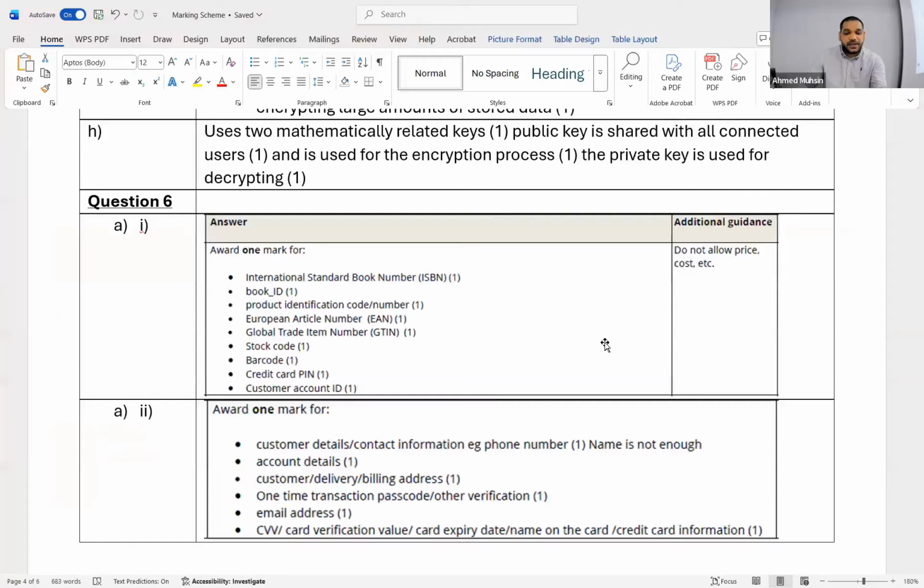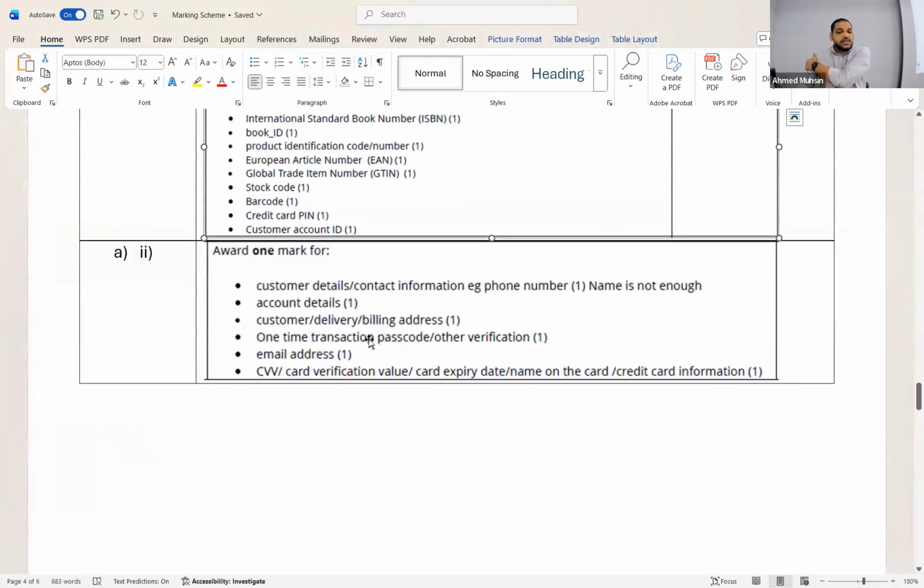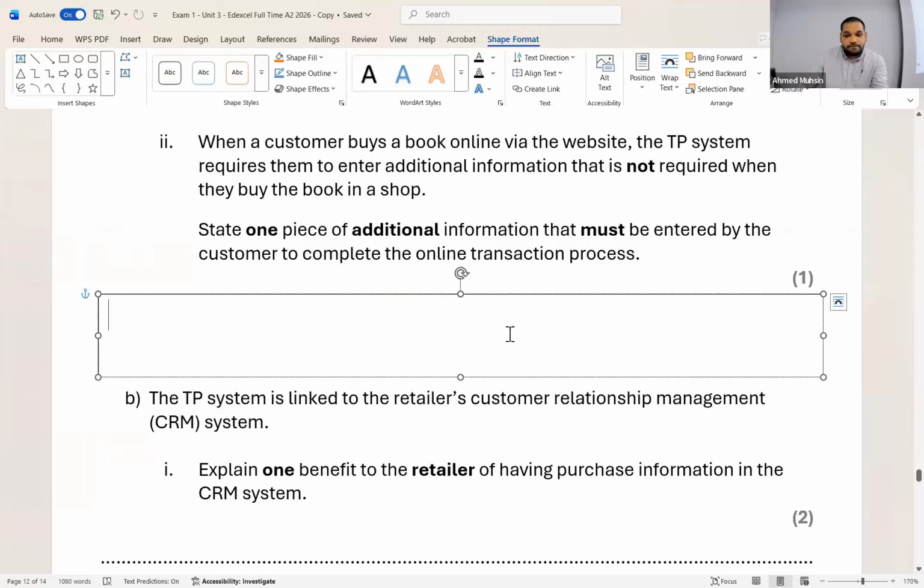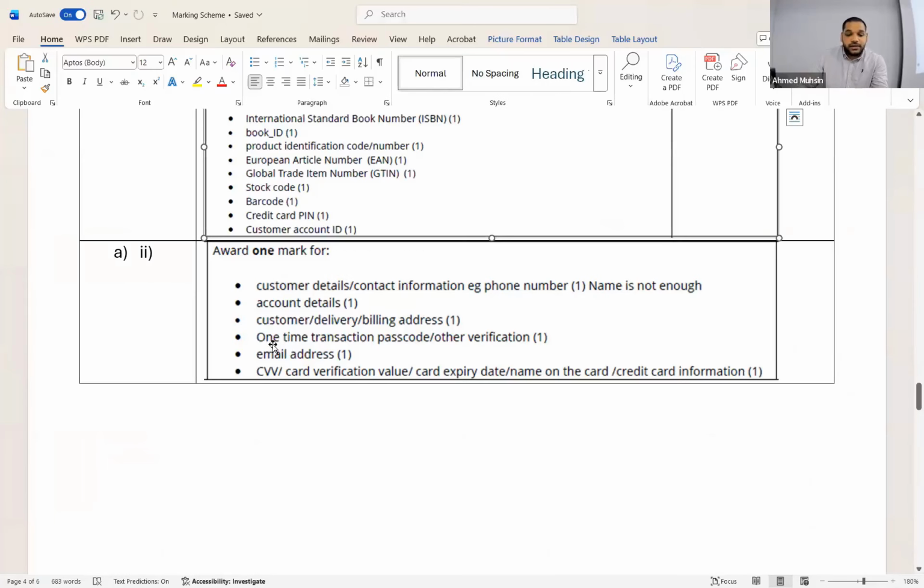Can you look at the marking scheme, everybody? Customer details, contact number, the account details, the billing address, delivery address. Okay, OTP is accepted over here. What do you think over here? OTP is being accepted over here. I don't think this OTP is the